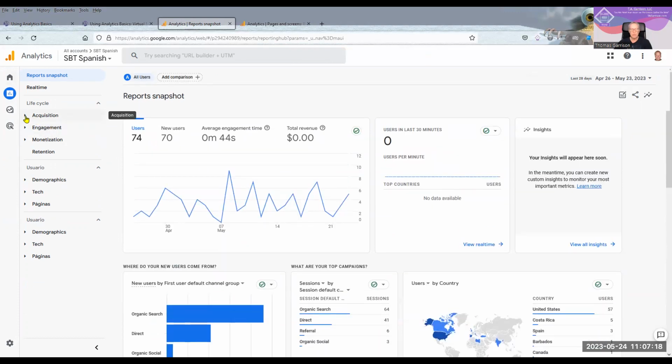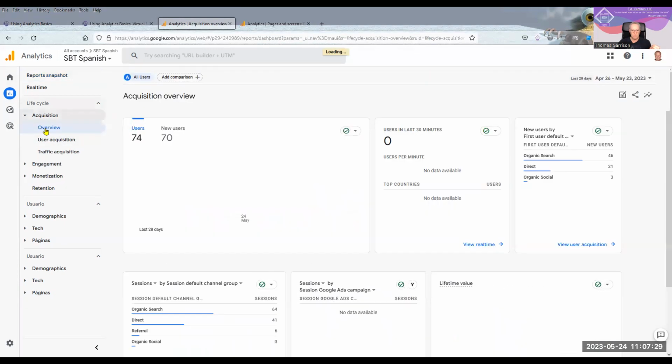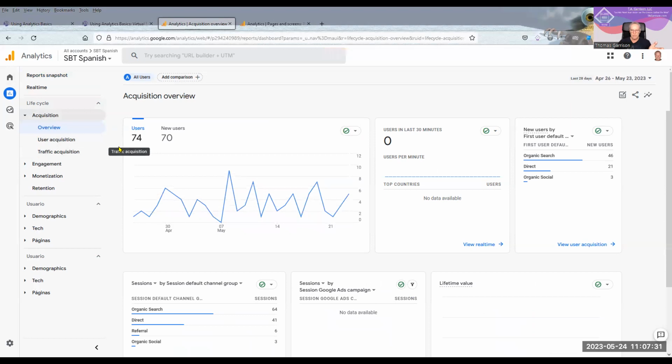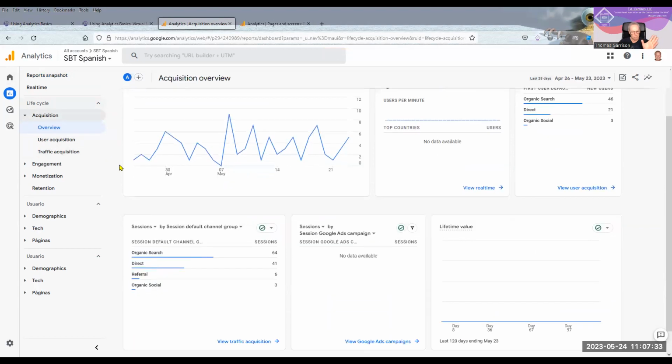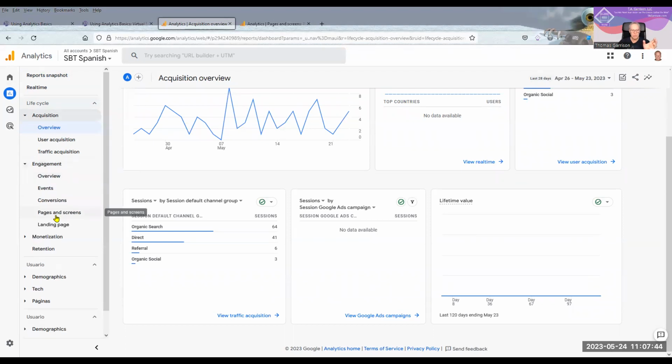So there's a couple of different places that you are going to want to drill down into information. One is in this acquisition, and you can go to the overview, and you have a better idea of what's going on in the site, but you're still not looking at specific pages. And without going into a bunch of other stuff, I want to get you into, how do I find the pages? So under engagement, pages and screens,